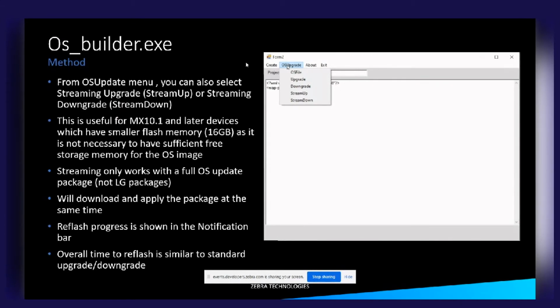So it's a useful feature for small memory devices. The overall reflash time is about the same as if you download the patch first and then apply it. So you don't get a performance increase in terms of the speed of the process. You do get a notification in the notification bar, which gives you a percent indication of